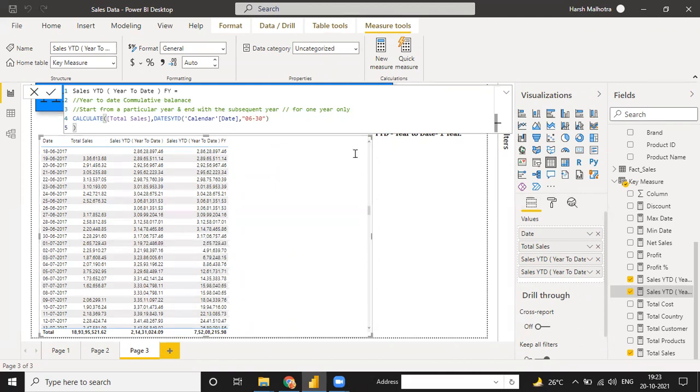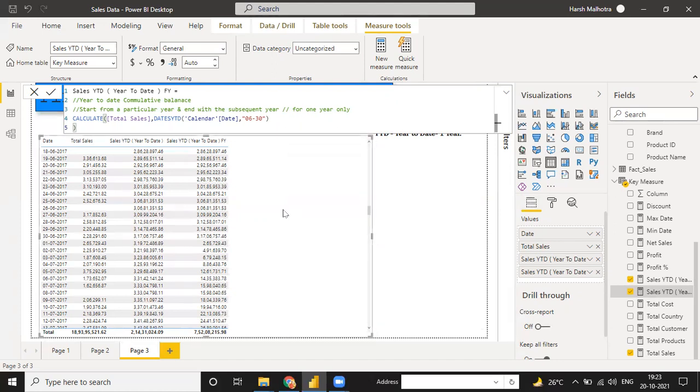Okay, so same thing, the matrix is using the same. Right now I understand. Actually, I just copied the same, so that is the reason. So we have a total sales value, sales YTD value, and sales financial year value. And guys, you have to change it by your financial method. Suppose your financial year is changing March 30th, March 31st, you can just put the month and date only, not the year, because the year is selected by this field automatically. If you select multiple years, this field automatically selects your year-wise data.